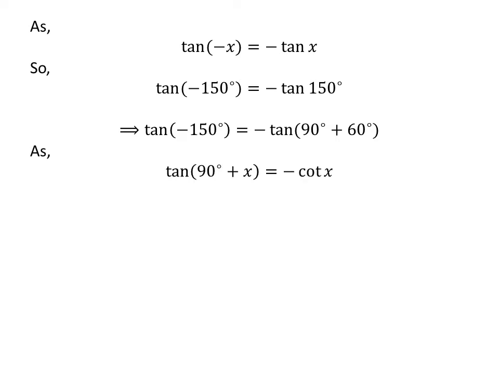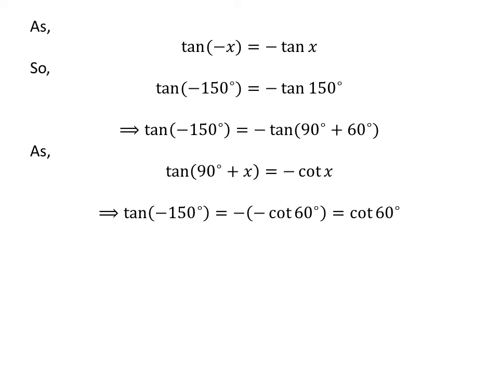As we know, the trigonometry identity tangent of 90 degree plus x is equal to minus cotangent of x. The video explaining how to derive this identity is appearing in the upper right corner. Also, the URL address of the video has been mentioned in the description section. Let us apply the above identity for tangent of 90 degree plus 60 degree. Here x is 60 degree.